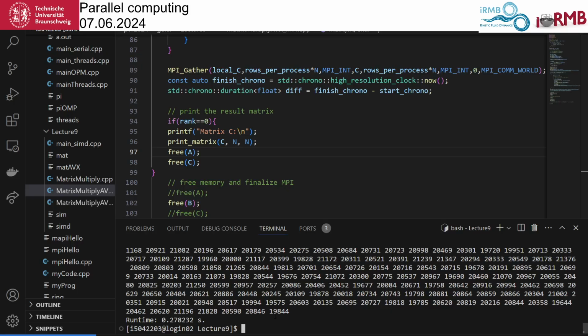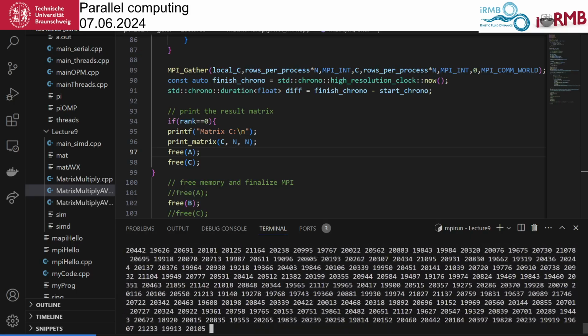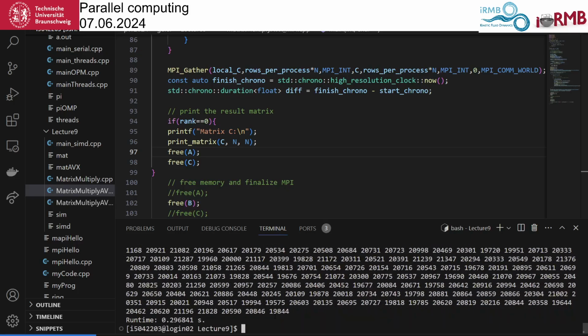Okay, it could be that it actually ran faster, but I think this is not related to this, because the allocation was outside the time taking. Anyway, you see, you need to give this pointer to the gather function always, but the memory needs to be allocated only on the process that is actually using it.